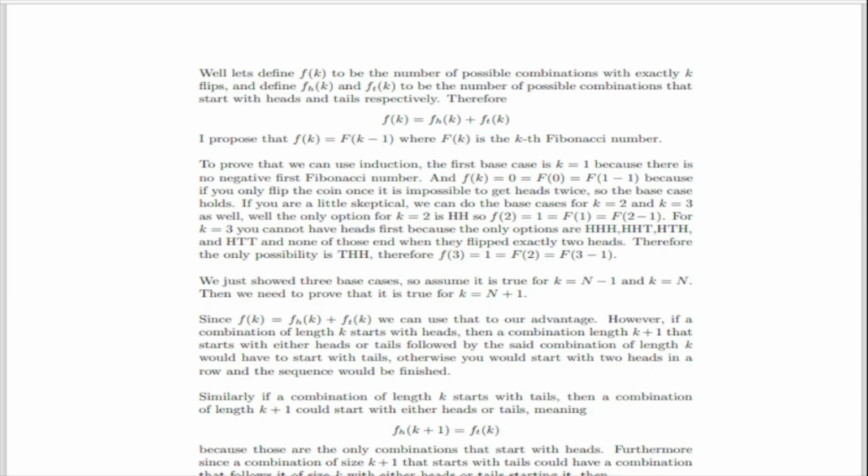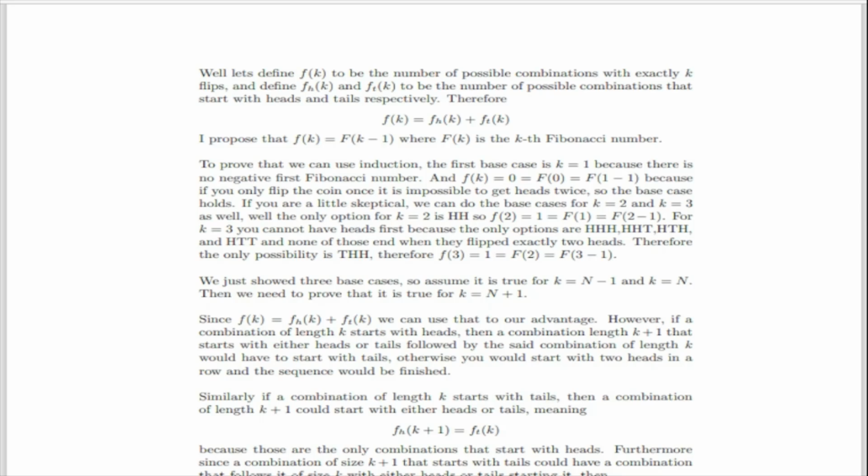For k equals 3, you cannot have heads first, because the only options are heads heads heads, heads heads tails, heads tails heads, and heads tails tails, and none of those end when they flip to exactly 2 heads. Therefore, the only possibility is tails heads heads. Therefore, f of 3 equals 1, which equals capital F of 2, which is the same as capital F of